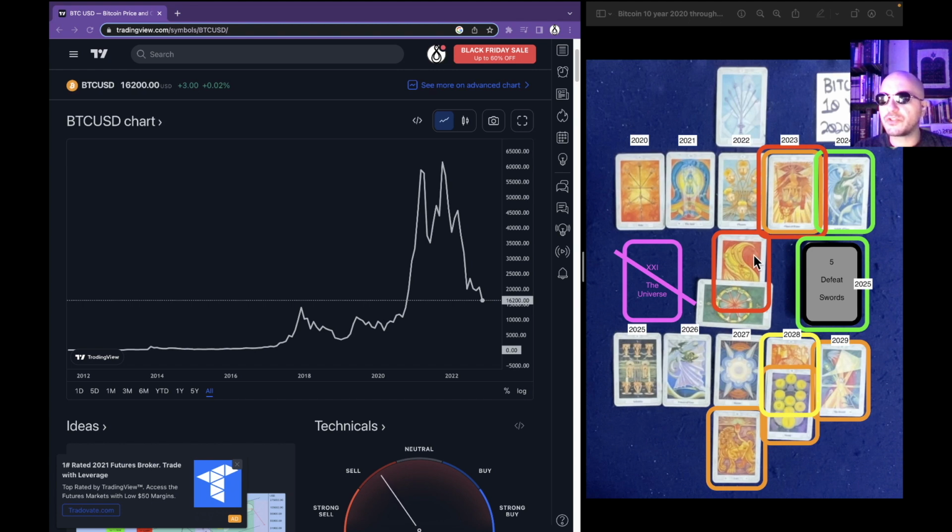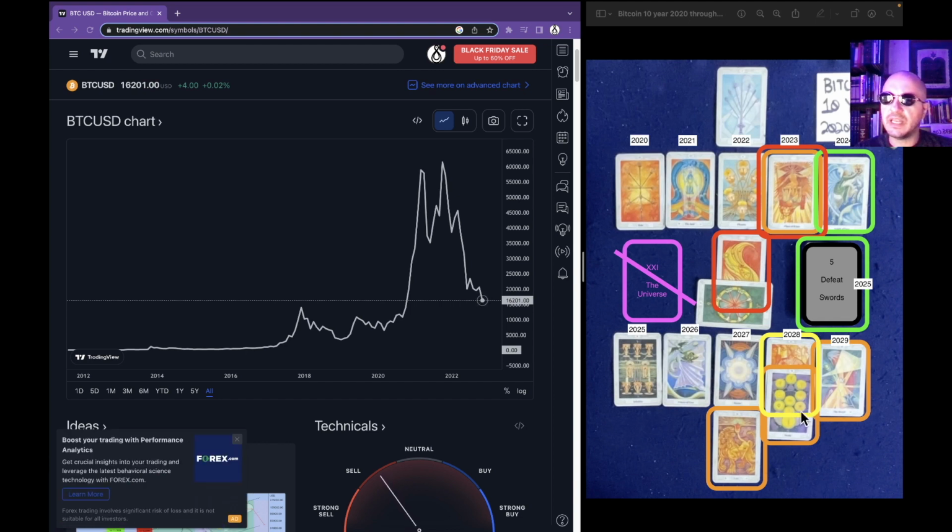There's a correlation between the theme card and the low card. So the fact that we have correlations to the theme card here says to me that there's probably a low in here. So we go from successfully turning this resistance into new support on the scale of a multi-year chart. There's a big move, maybe it continues into 2028. But then there's something to do with government highlighted. We have the completion of a bullish trend. And then there's a decline starting in 2028 that continues into 2029, and we break through a resistance level,